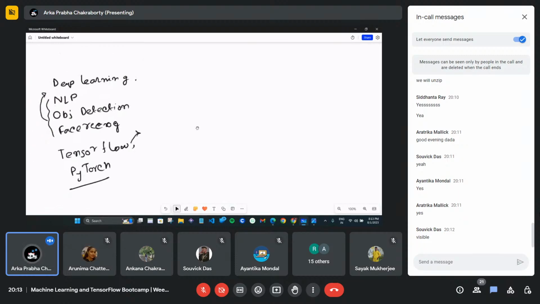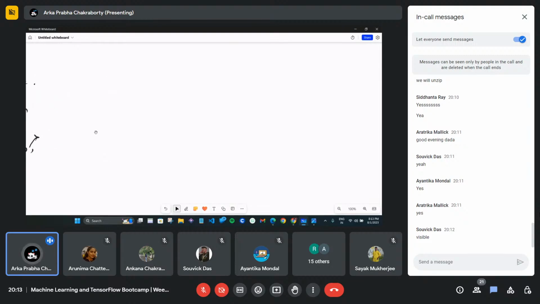So when the term deep learning comes, the first thing in our mind is neural network. So what is a neural network? I know my drawing is very bad.